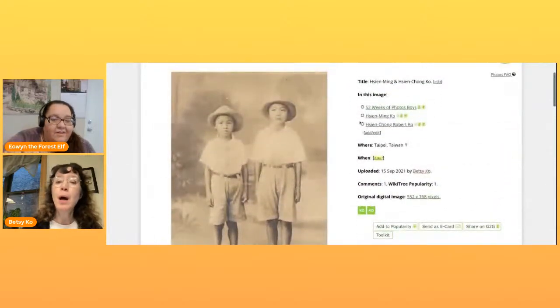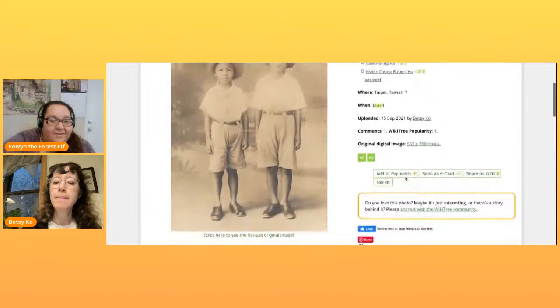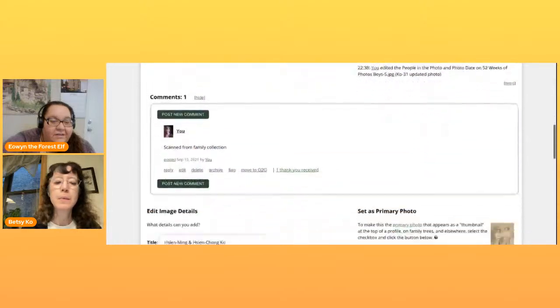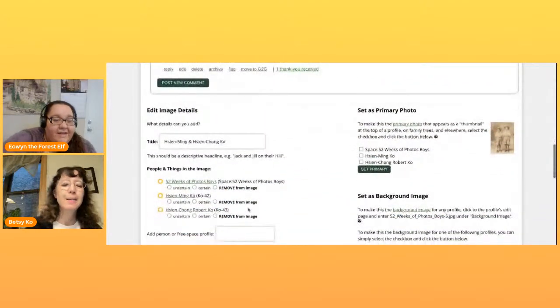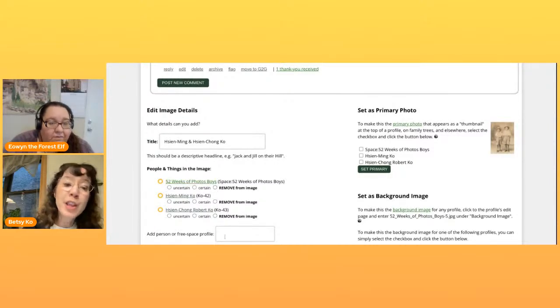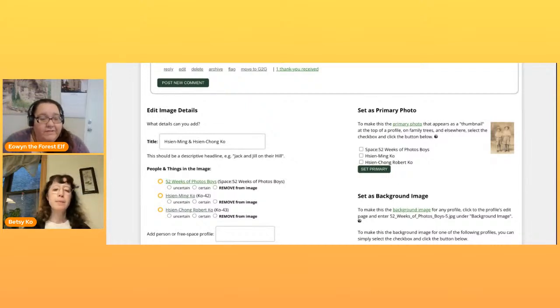Go down a little bit. A little bit more. Right there. See where it says remove? Yes. You would just remove it from everything and everyone. If you want to remove one person from it, you can do it there. Just click the remove. If you want the entire photo to disappear from WikiTree, you have to remove it from